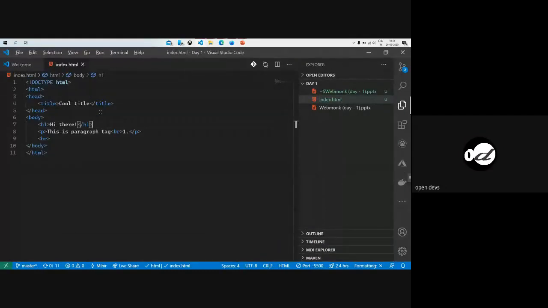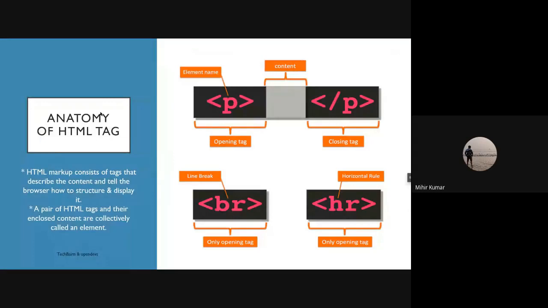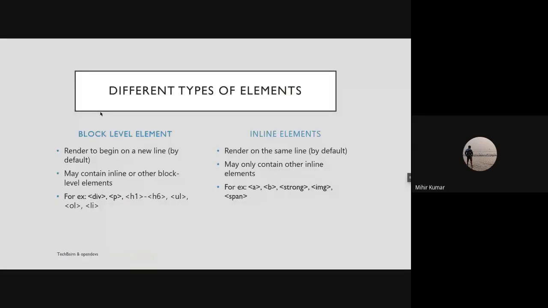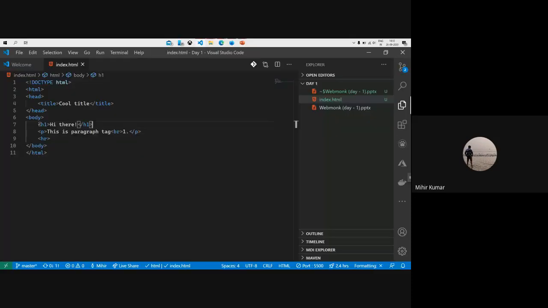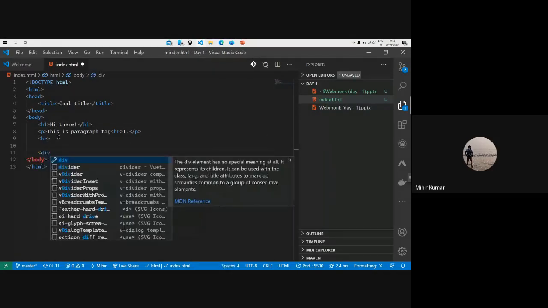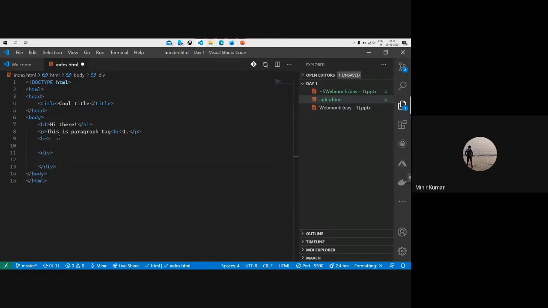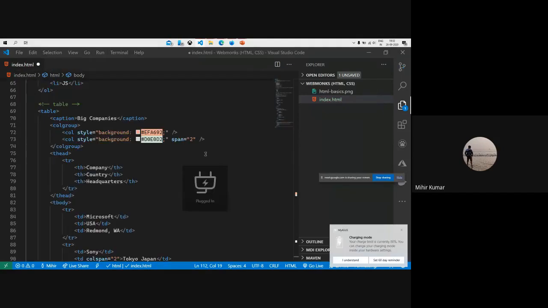Okay, so going over the different types of elements that are available in HTML. There are two types of elements available in HTML: a block level element and an inline element. So let's see what a block level element is and what an inline level element is. If I write a div element, div by the name is a short form for division. So any kind of element that pushes another content into a new line is